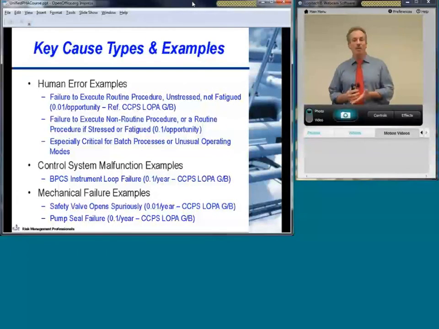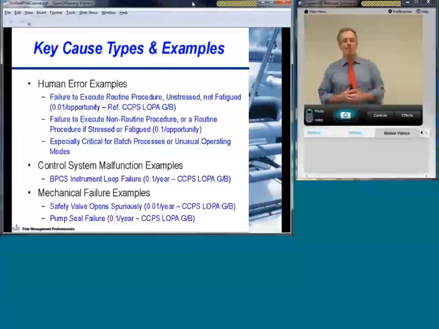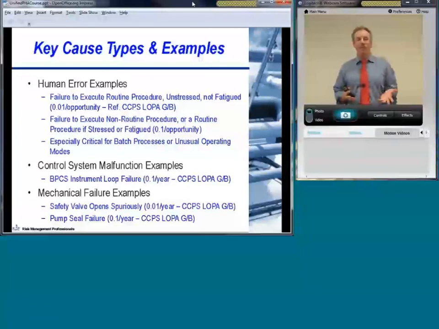I've put some probabilities on this slide also to illustrate how likely some of these things are, based on reference values that are in literature and also reference values taken from the CCPS layer of protection analysis. CCPS, the Center for Chemical Process Safety, layer of protection analysis guidebooks are our key reference point for this. So failure to execute a routine procedure in an unstressed and unfatigued fashion is basically 1 in 100 per opportunity of